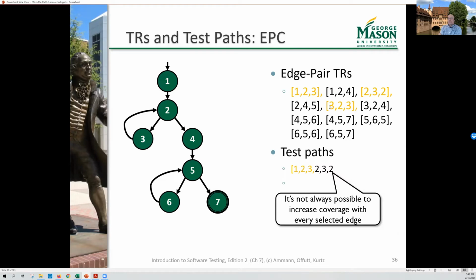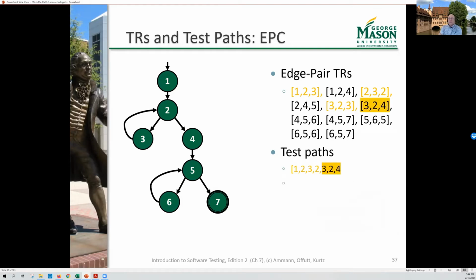What else is out there? There's 3, 2, 3, but I've already captured that one. No point in doing that. There's 3, 2, 4. Great, let's go to 4 next. So we'll go to 3, 2, 4, capture that test requirement, and we'll continue to just sort of work our way through,